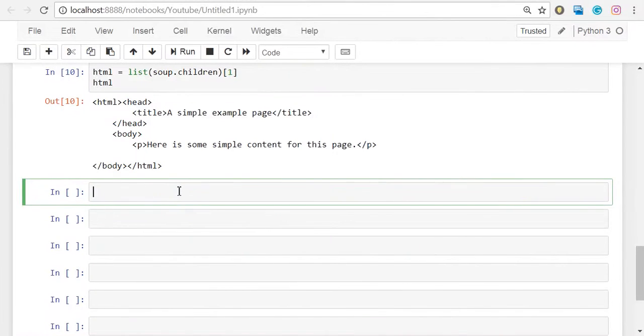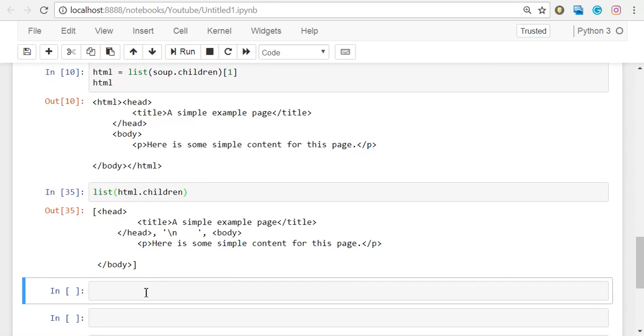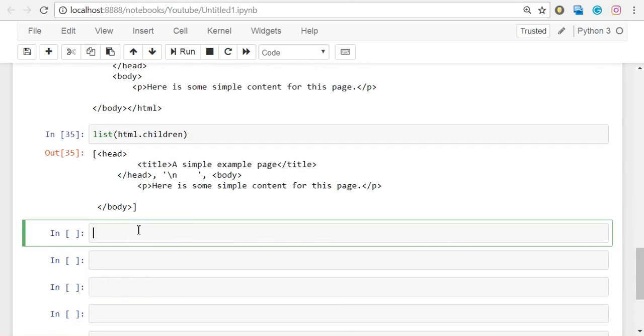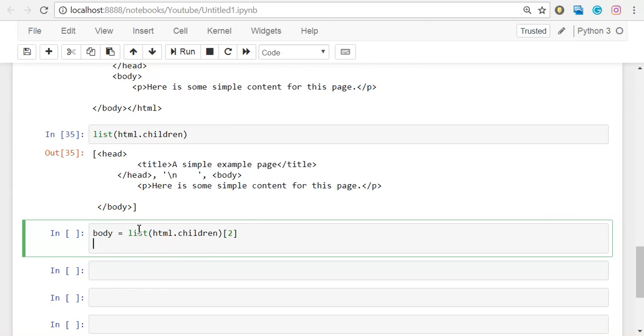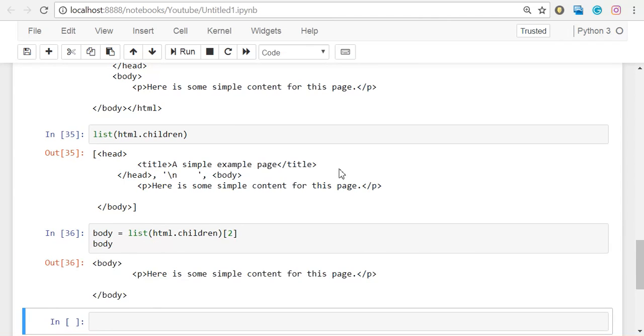Now we'll explore the children of the HTML tag. So let's say list HTML.children. Here, the second index of this list has the body tag. So let's say body equal to list HTML children, and the second index, we print the body here, and the